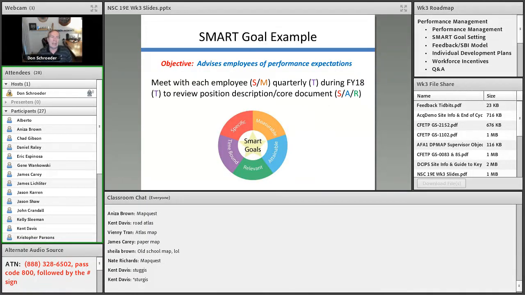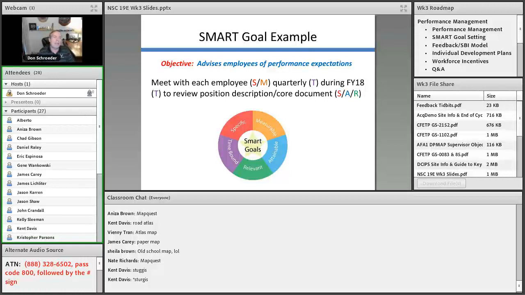Now, normally, some people look at a SMART goal and start creating a novel. And when you think about looking at the little 5 things here, you got your SMART in the circle. Look at the objective. Now, this here is a typical supervisor task that a supervisor has to do: advise employees of performance expectations. Hey, that's some of the things y'all were typing in the chat pod. So if you are going to create a SMART goal for you or maybe for a fellow supervisor